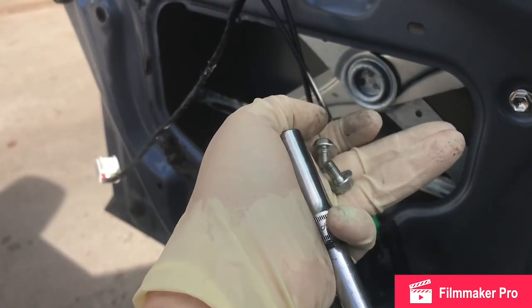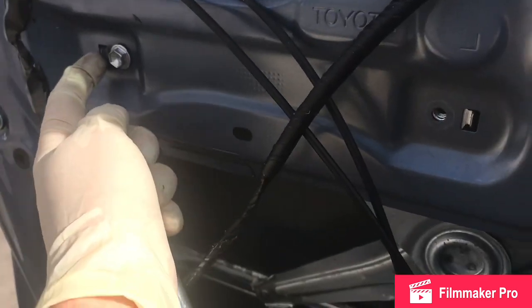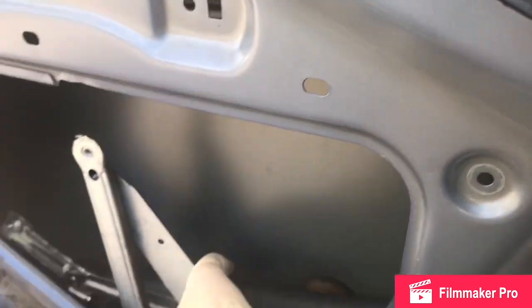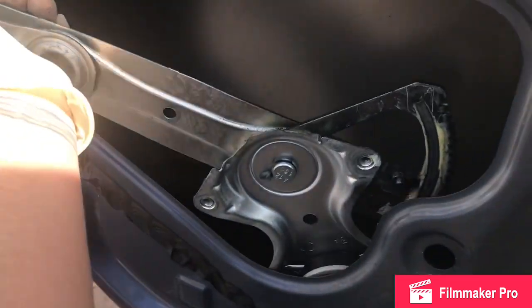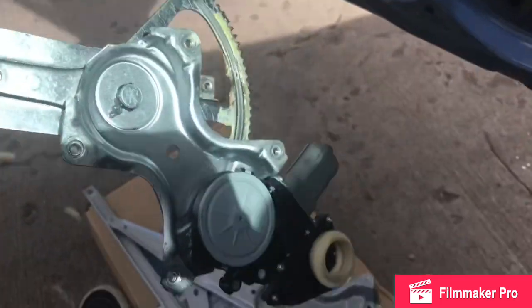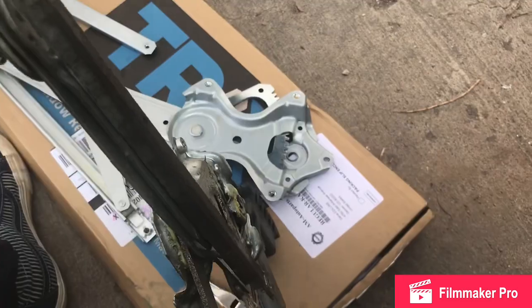These bolts are all the same length, so you don't need to keep them separate. See how this guy also has tabs to help you line up where he needs to go? Once you get all the bolts loose, you can sweep the window regulator out. With the motor attached through this hole in the door frame, then we want to swap the motor over to